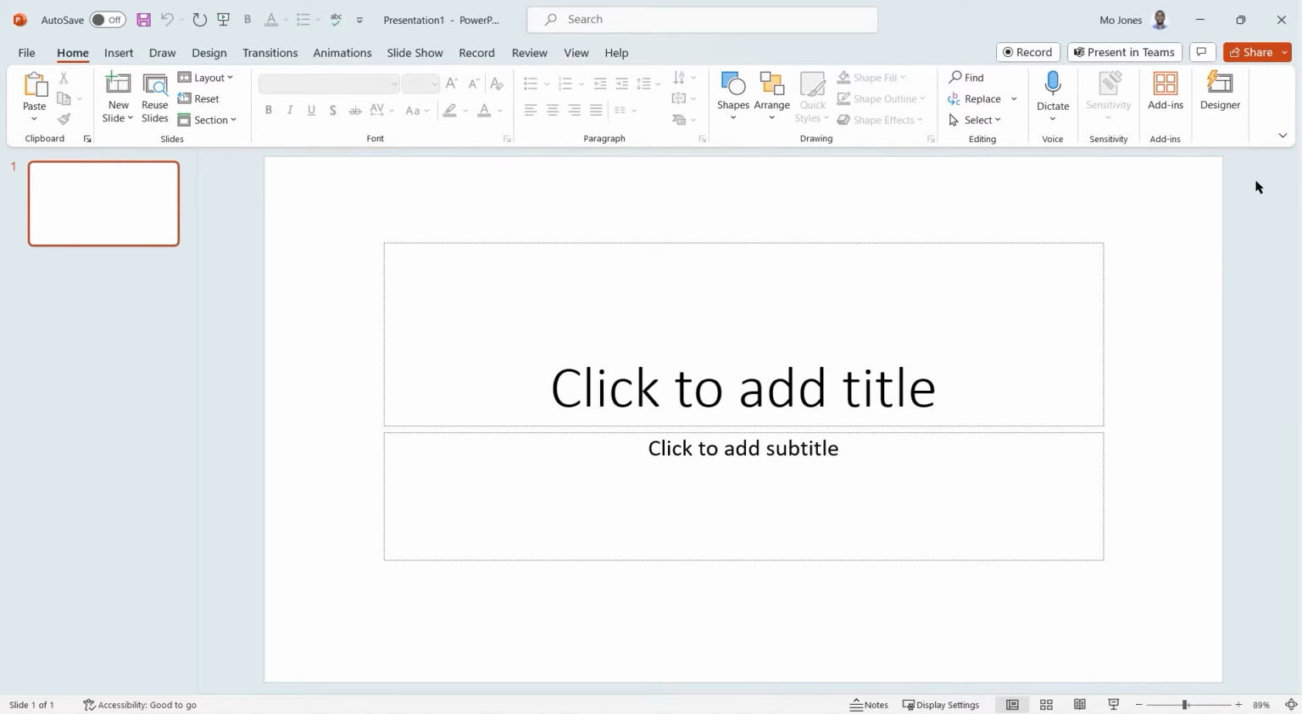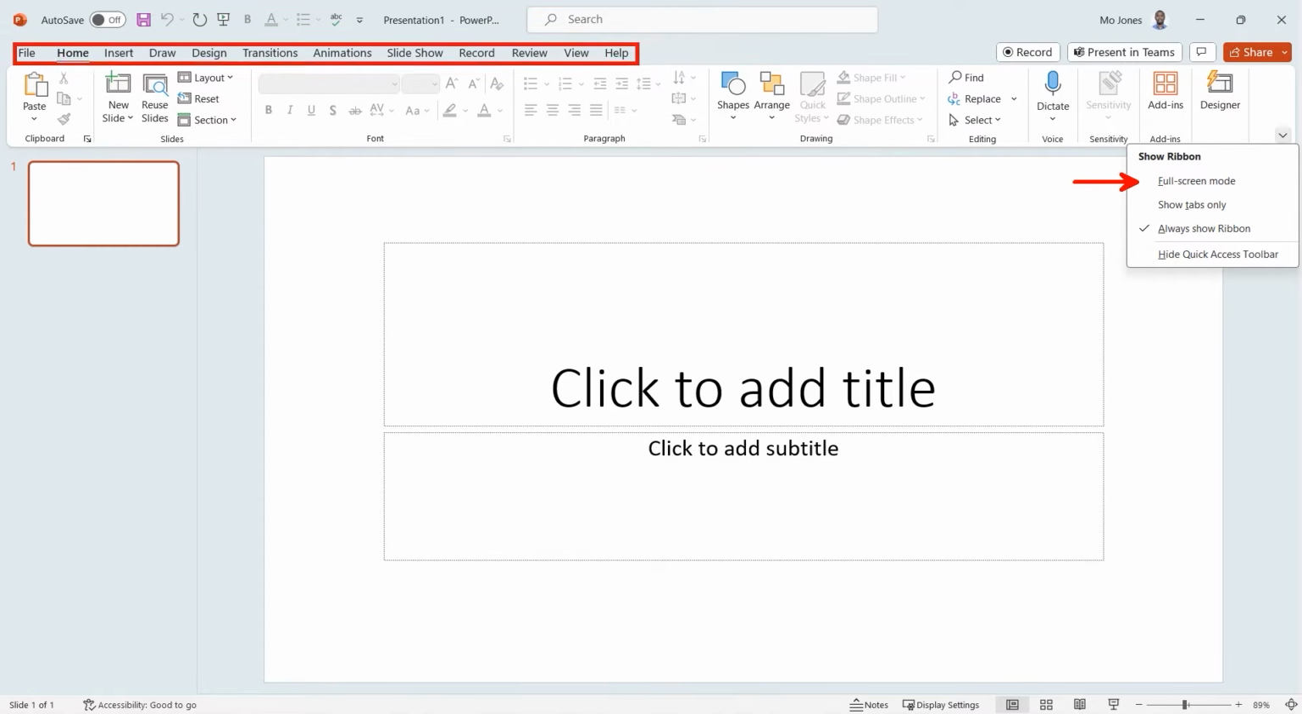The last thing we can talk about here is the ribbon display options. Right now I can see my full ribbon. If I click on this drop down here, I have a couple of different options. I can go to full screen mode. If I want to just see the tabs, but not any of this information down here, I can show tabs only. So if I click here,